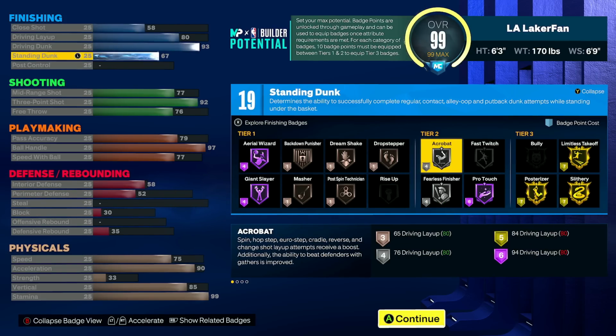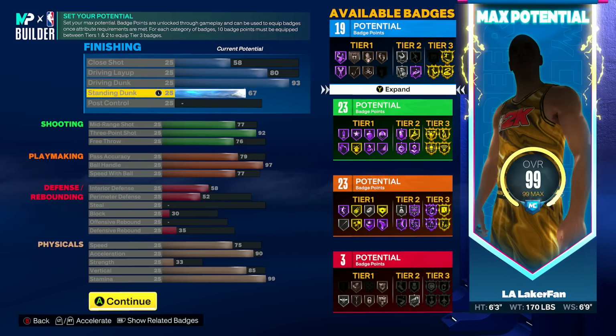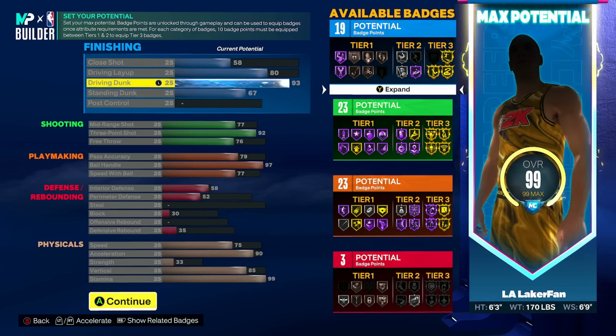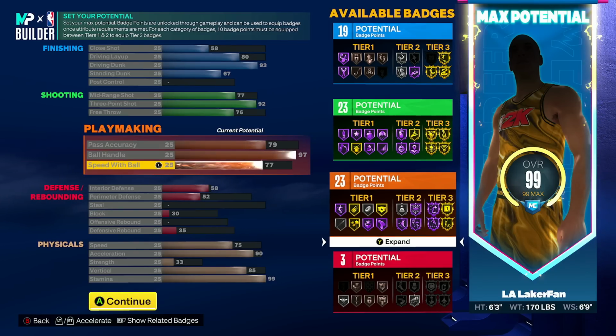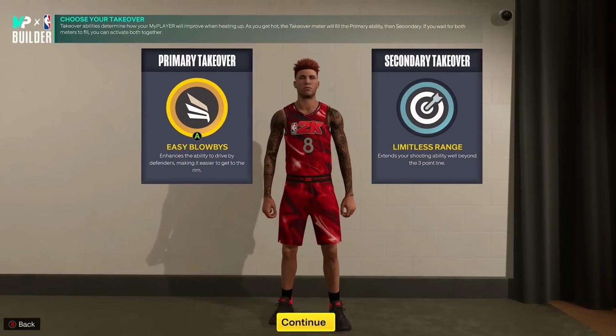It's not going to be able to afford putting all those extra badge points in, because I already need to put a lot into extra for finishing just as is. Obviously, I need 5 extra in that aspect. I'm going to need 1 more shooting and then also at least 1 more playmaking too. So I'm going to go ahead and just show you guys my actual build and what it's looking like now,